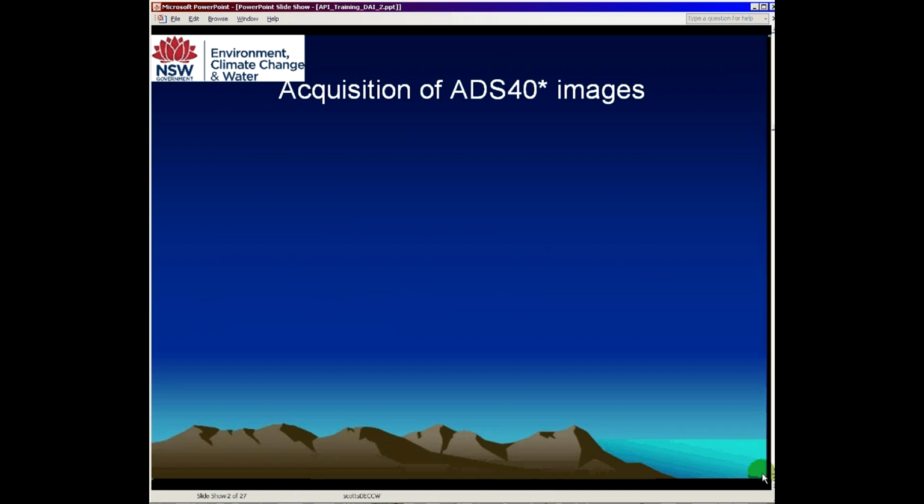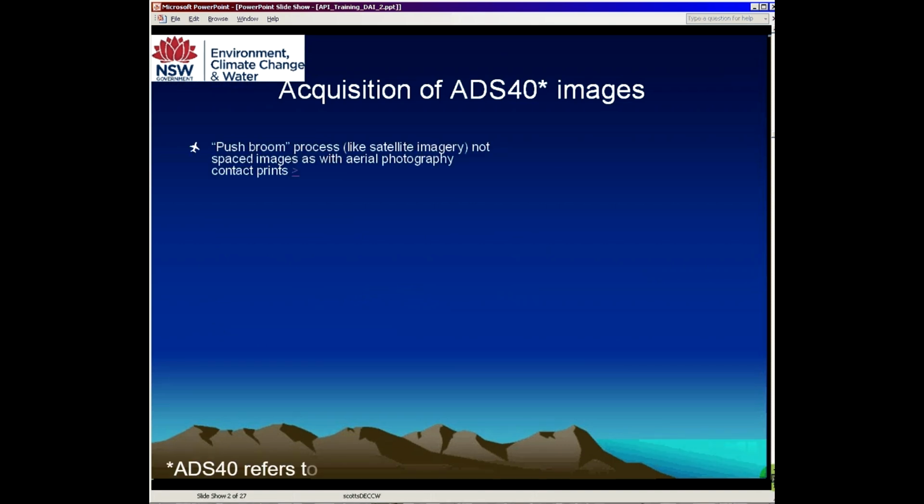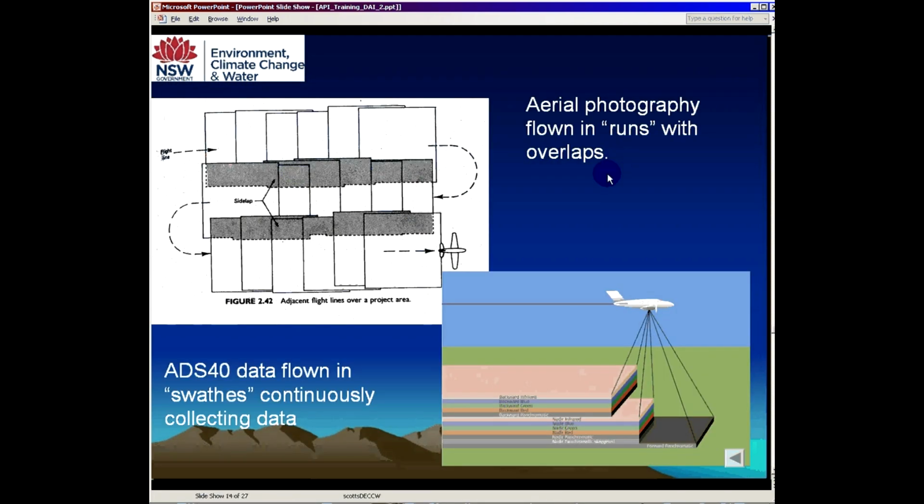Now the ADS-40 imagery is gathered by a sensor that has more in common with satellite imagery than the traditional frame-based aerial photography that we're used to. This is what it looks like. You'll be aware that traditional imagery is captured by a sequential taking of a photograph with about a 60% forward overlap and about a 20% side overlap. The plane then turns around, comes back and repeats the imagery and builds up a mosaic of images over a